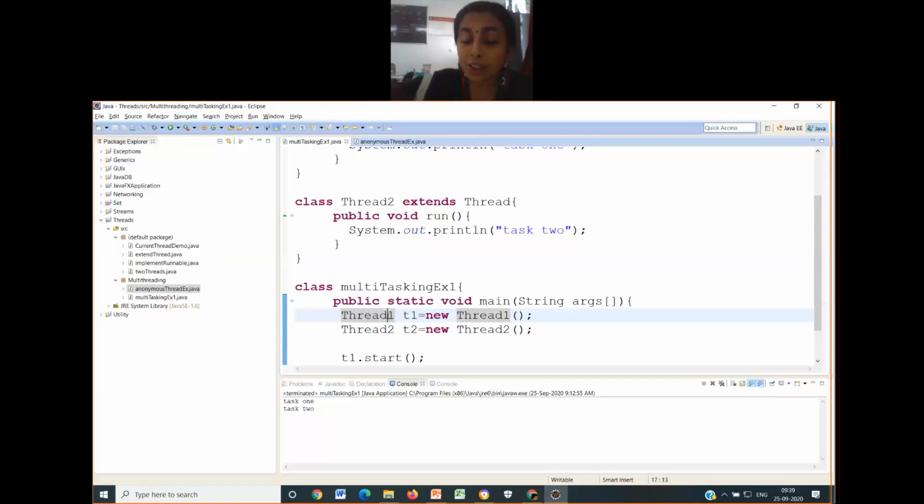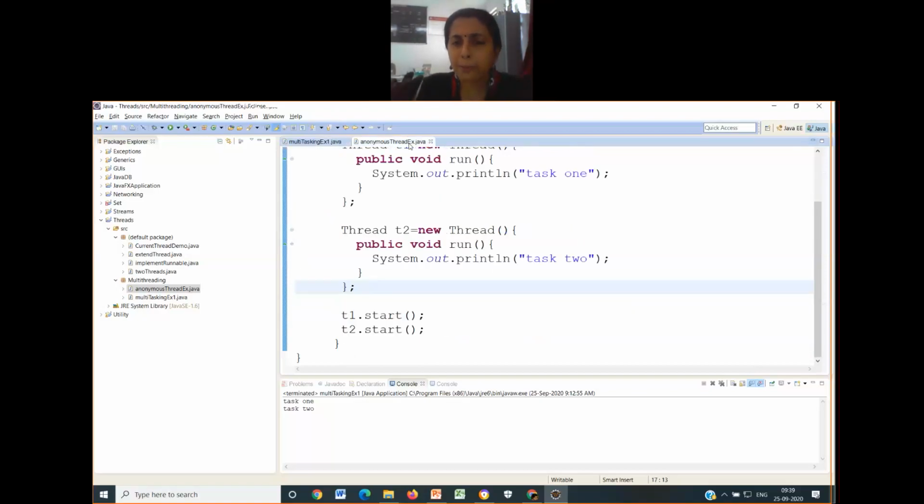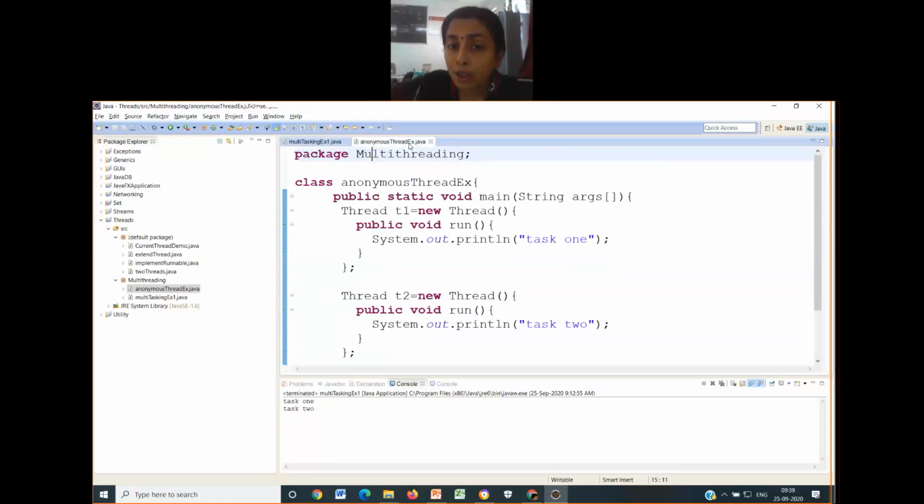When you are creating the new object, that object itself will become the new name for that particular thread class. Let me go to the example. The same example, I have not changed anything. If you want to convert that example into one having an anonymous thread class, then you convert it like this.